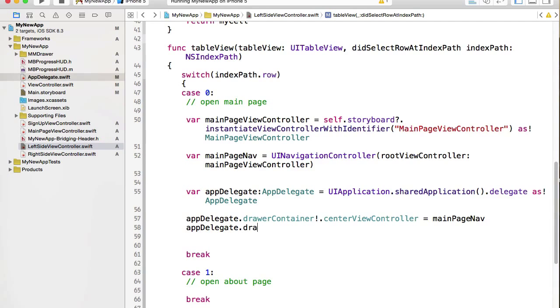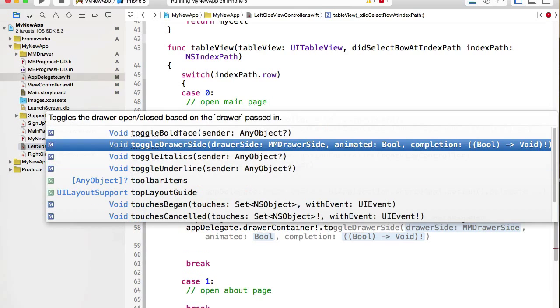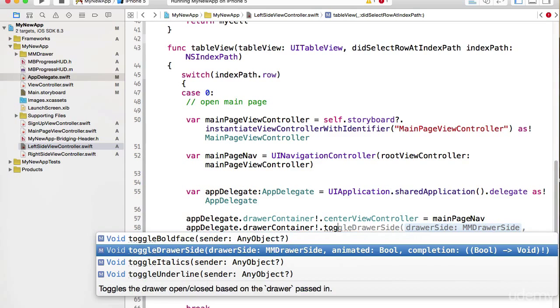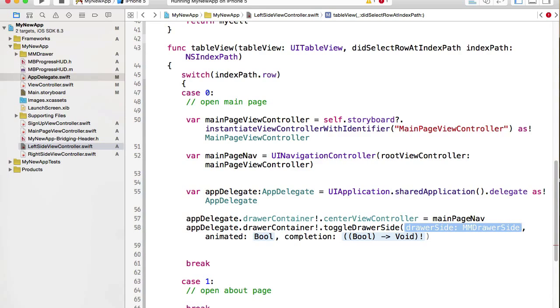Delegate drawer container, and now we need to toggle drawer side, here it is, toggle drawer side, and drawer side should be left, animated true, completion nil. Okay,